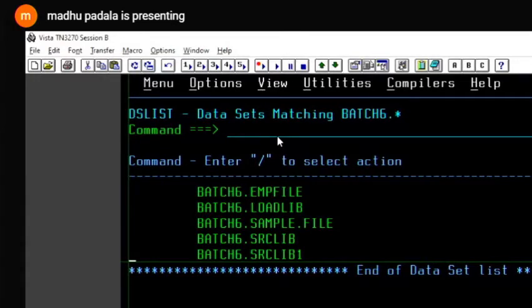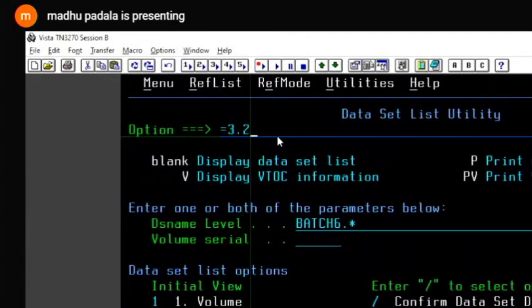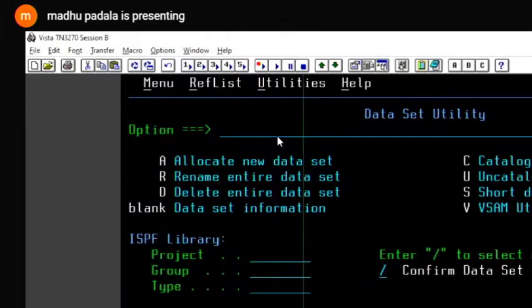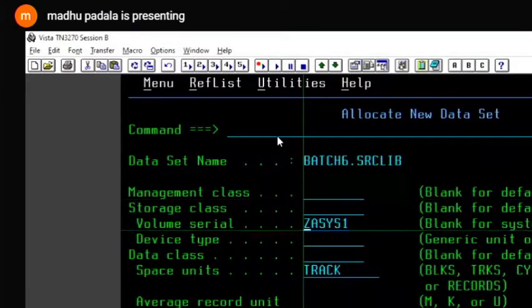Okay, leave it. Now I'm going to 3.2 to create a source library and load library. Batch 6 dot source library, allocate. This is my source library.